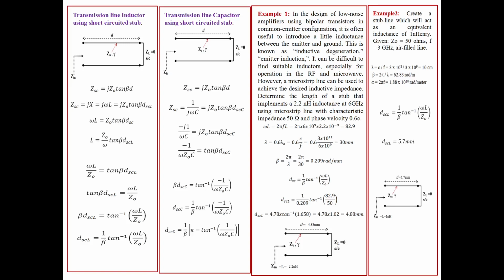I gave that problem in the assignment and also in the quiz. From the load, what is the input impedance? Find the input impedance at a distance of 0.1 lambda. That question we already did. For a given load, if you are asked to find the impedance at a particular distance, we already know how to do that. Similarly here, this is a converse approach. The load is given, mark the load on the Smith chart. This is a transmission line.